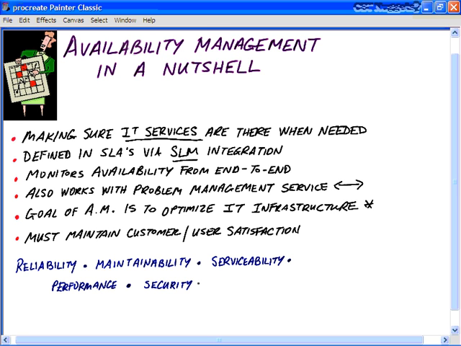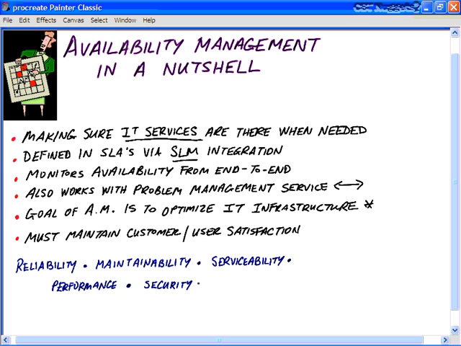And we derive this percentage based on the agreed service time documented in the service level agreements and any downtime. So availability management is simply a process that we use to define, to analyze, to plan, to measure and, of course, bottom line, improve all of the aspects of the availability of all of our IT services. And that means when we define service level targets for availability with our customers or our users, we're going to make sure that all the IT infrastructure, all the processes, all the tools, all the roles are appropriate and